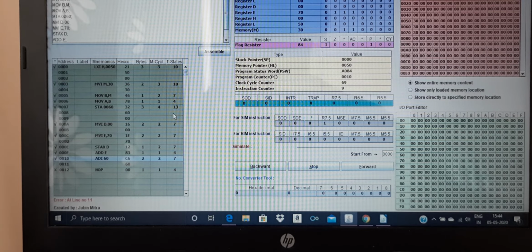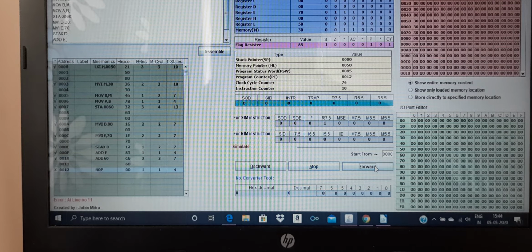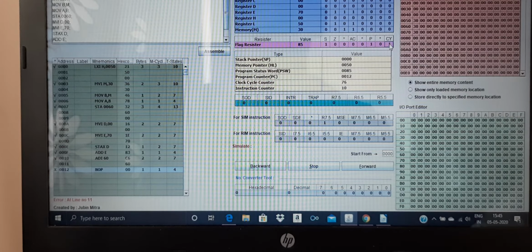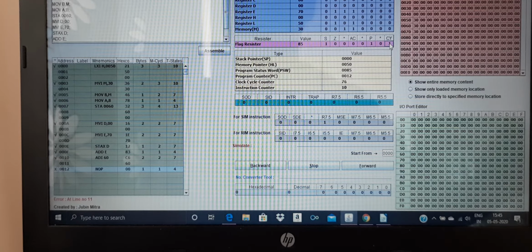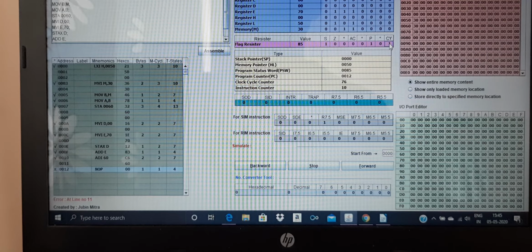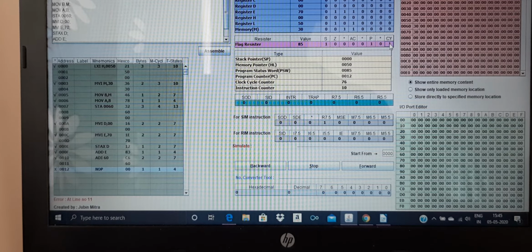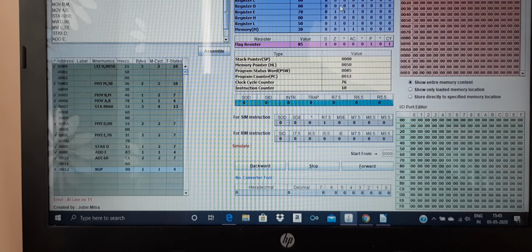Next instruction is ADI 60. ADI stands for add immediate. So 60 will get added with A0. As 60 got added with A0, it gave rise to a carry flag, because the result of the addition is more than the capacity of the accumulator. The capacity of the accumulator is 8 bits and the summation has resulted in 9 bits. Purposefully I have taken the numbers such that the result is 1 followed by 8 zeros. Those 8 zeros are residing in the accumulator and the ninth one went to the carry flag. So you have a carry flag over here.